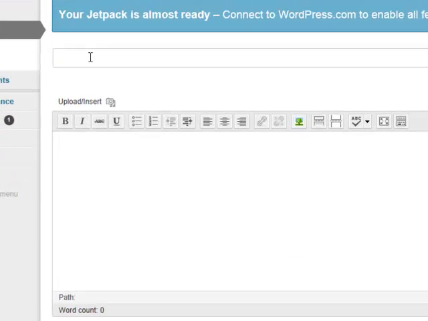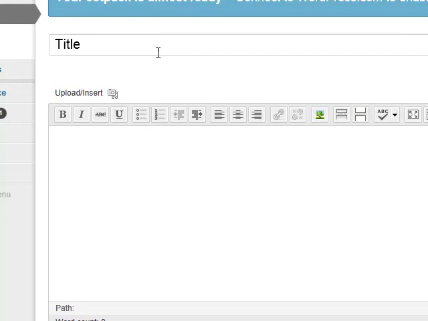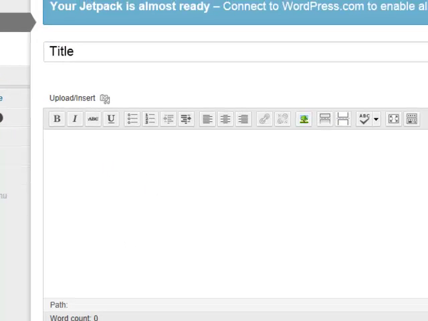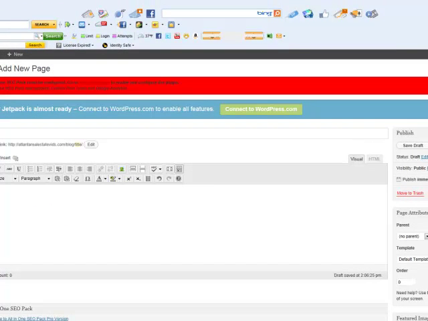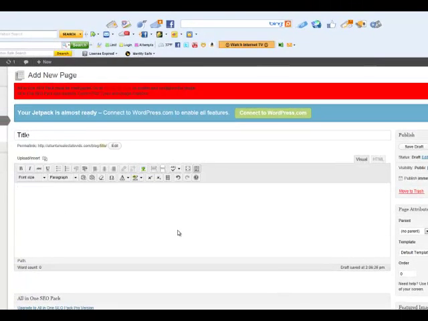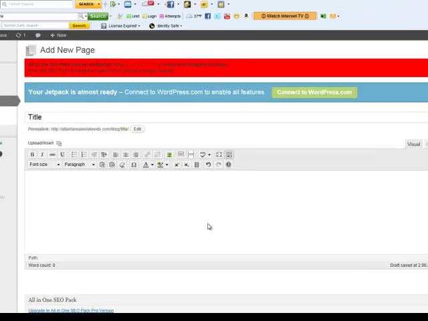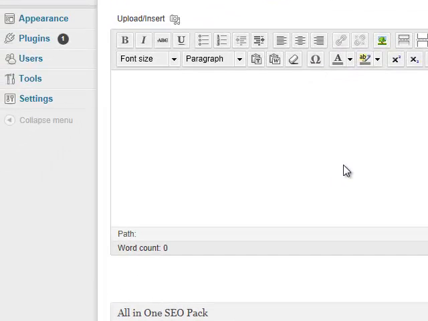We're going to type out a title. The title of your page, or headline or subject, whatever you want to call it, goes right here in this box. Down beneath we have a larger box here. So within this editor box I have many different options available to me, as you can see. It works very similar to a typical word processing software. If you think of Microsoft Word, for example, whatever I type into this box is going to appear on the